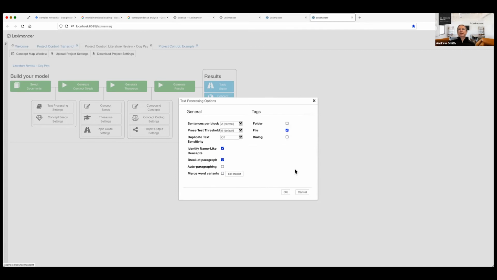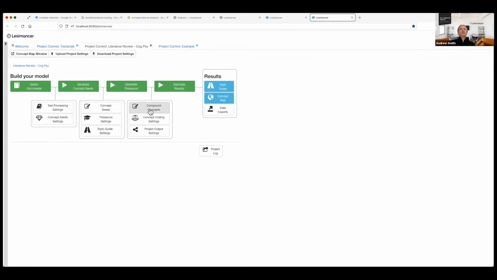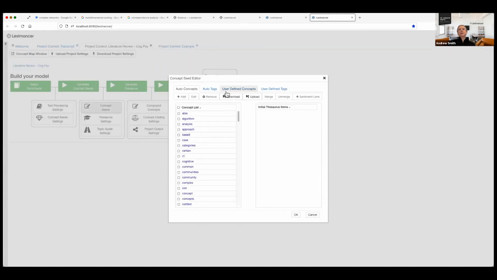So that's how Leximancer approaches those sorts of static tagging or metadata attachment to data, by using folders and file names, or, if you have interview data which is transcribed with speaker labels, there's a thing called dialogue tagging, which again is covered in the manual. I don't have time to look at that right now. But anyway, I turned on file tagging, and the result of that, if we have a look at my concept